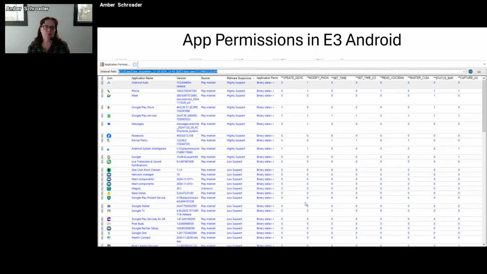And a very good example for you is when you start looking at it in the context between Android and iOS. So this is app permissions in Android and how it's shown in the tool. As you look here, we can see things like, I'm trying to pick one here, we'll just go Android Auto at the top there, make it easy. So we'll see all of the different metadata permissions that have occurred. We see a 0 if it doesn't have access. We see a 1 if it does have access. As soon as it has access between those two different areas, that's when potentially we can see data from our suspect occur within our acquisition.